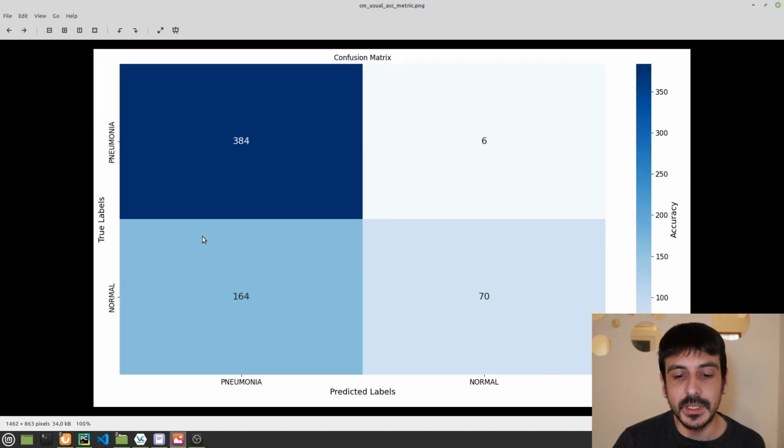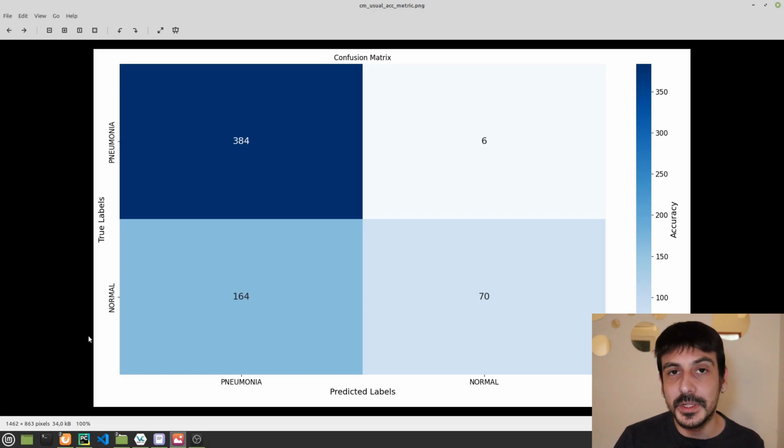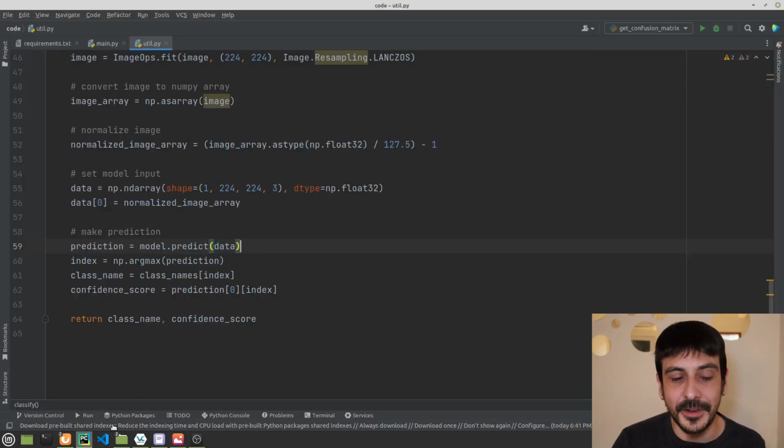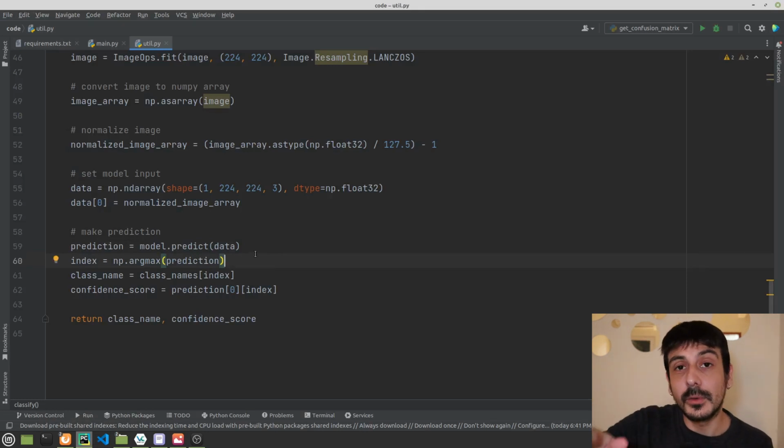But remember, this is something that sometimes happens when you're training a model, and sometimes it may not be very clear the reason why this is going on. But we are going to see how we can fix this issue. Obviously, we are going to fix this issue. I'm not going to give you a biased classifier. I will never do something like that. So I'm going to give you a solution. It may not be the best solution ever, but it's a good solution. I would say it's an okay solution. I'm going to show you exactly what we are going to do.